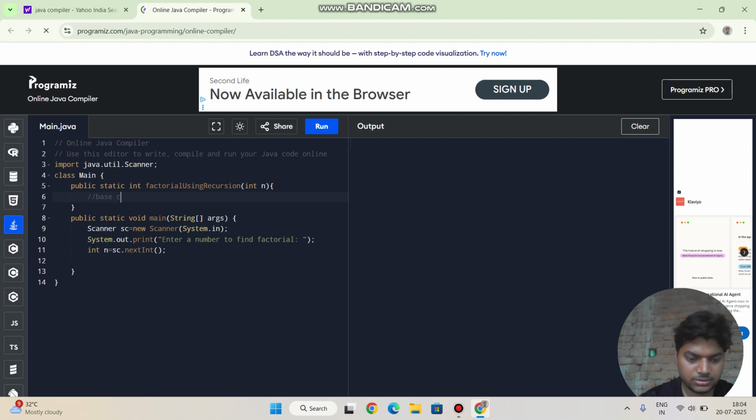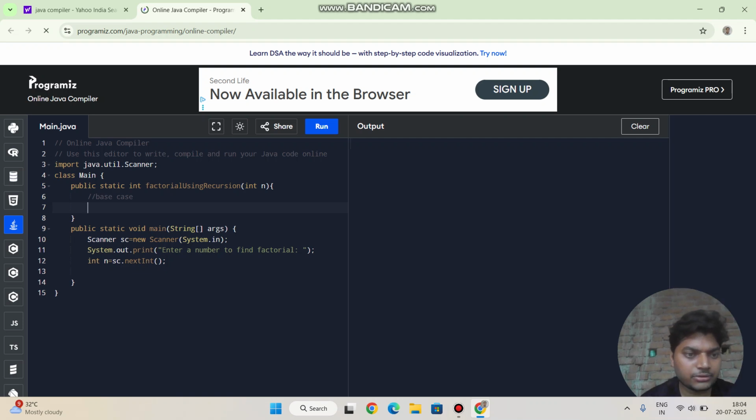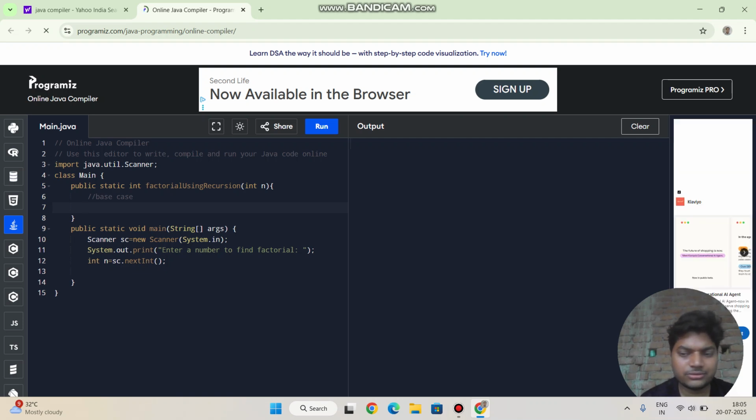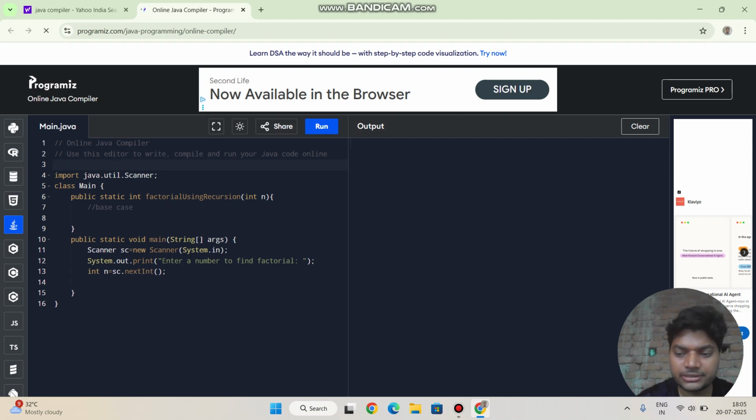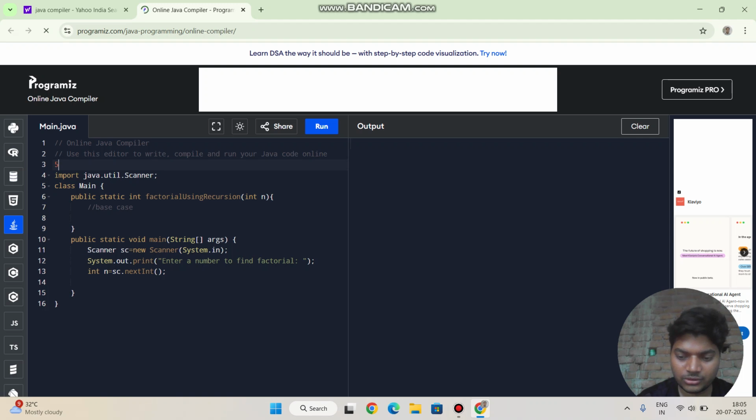Base case. So what should be the base case of an integer factorial? I'm explaining it: I'm entering an integer to calculate factorial. So I'm entering 5.